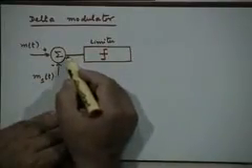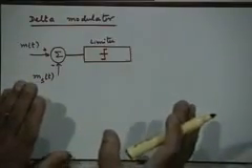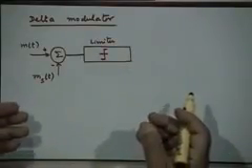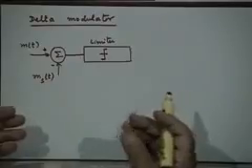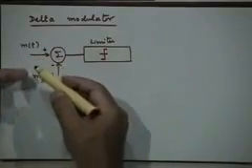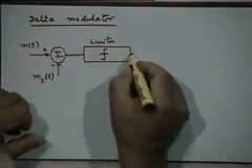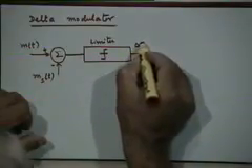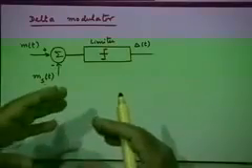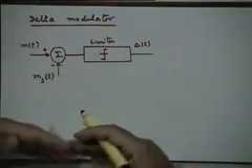So, basically the difference output information is encoded into a binary form, right. You are only looking at the polarity of the difference, not the actual value of the difference. Is that clear? Whether the difference is positive or the difference is negative, whether m(t) is more than m_st(t) or m(t) is less than m_st(t). That is all you are looking at. This signal is a kind of quantized representation of the difference, a very crude quantization, where the quantization produces either a plus 1 or a minus 1, right.